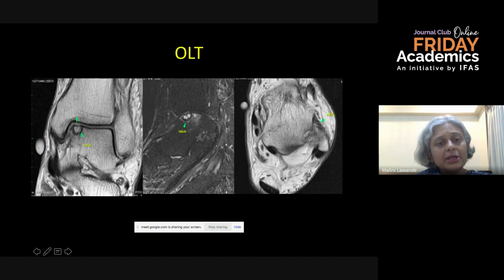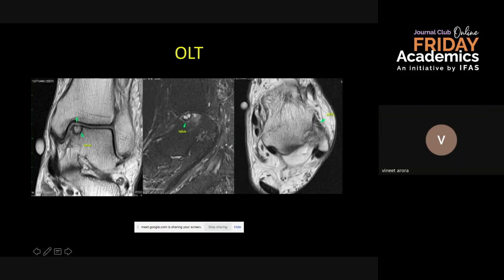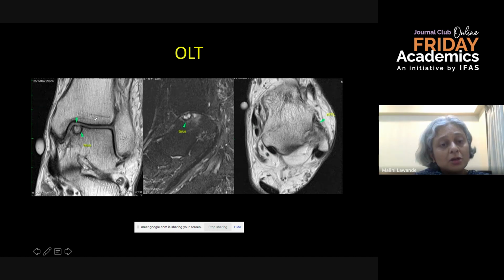Patients with chronic injury, MR has an important role to play because in chronic injury patients, we can look at the articular cartilage. So here in this patient, we can see the anterior talofibular ligament shows remodeling changes. It does not look completely dark and smooth as we saw earlier, but some continuity is maintained, so it's partially remodeled. But what we also see is, if we look at the cartilage of the talus, there is cartilage loss